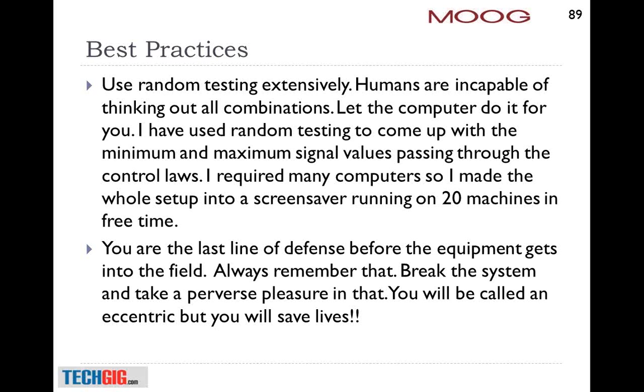Use random testing as much as possible. We are incapable of thinking of all combinations because we are humans. We just cannot think what can happen, what can go wrong. So use random testing. It doesn't matter if it is ridiculous, but do it. We do testing with the aircraft on ground with the tires up and trying to fly up. You do all sorts of nonsense, but at the end of the day, it can give you some good insight